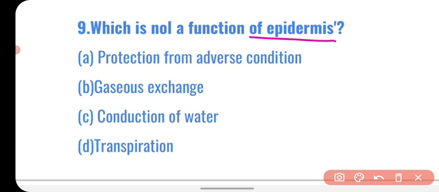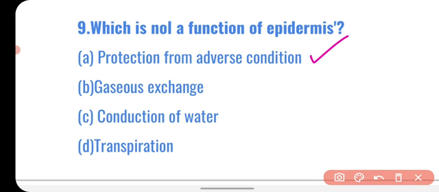Epidermis is the tissue found in the plant's body, which is made up of epidermal cells, and they have many functions, and the main function is protection from adverse condition, conduction of water, gaseous exchange, and transpiration. So which is not a function of epidermis? Epidermis protects from adverse condition because it is the protective tissue, and